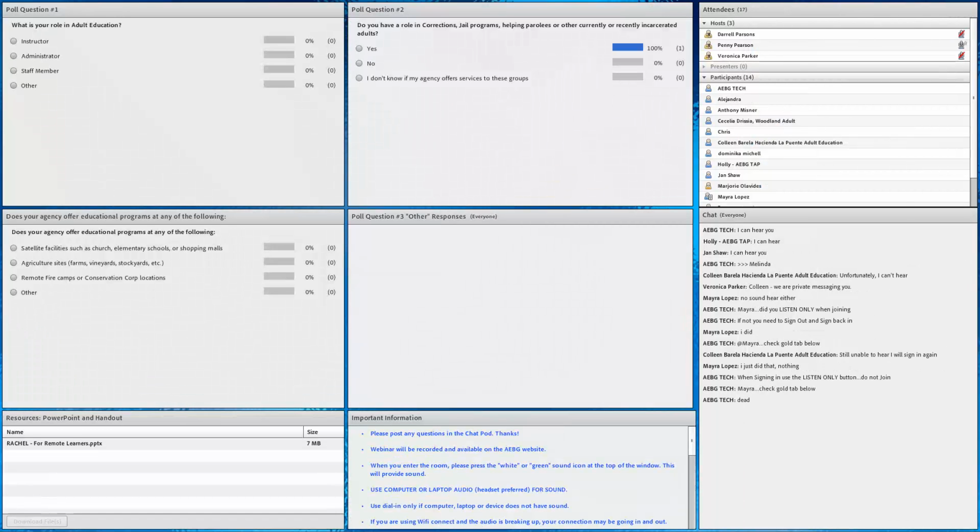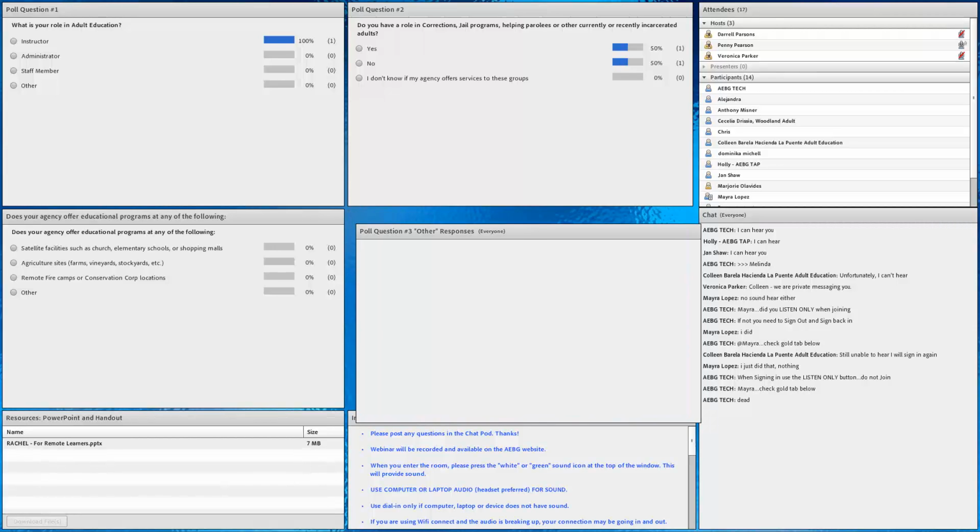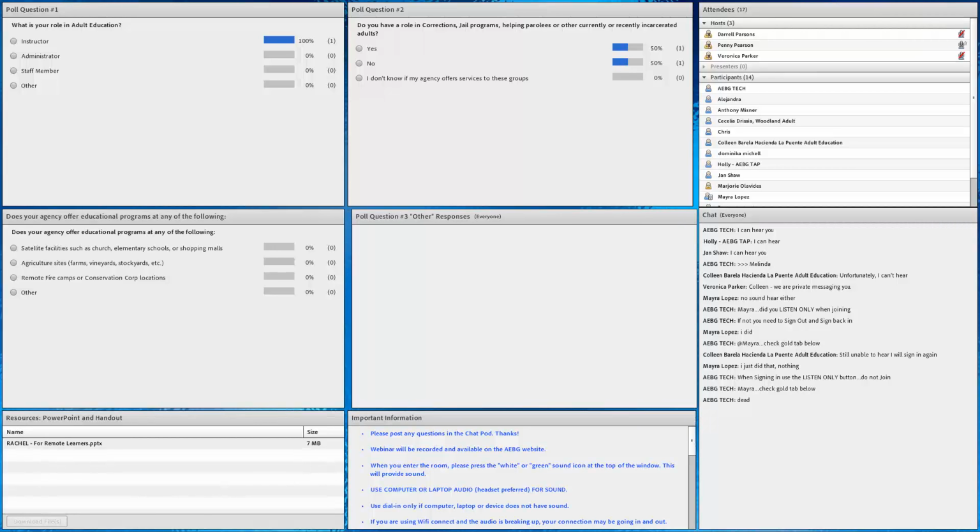There are 4 pods on the screen. You'll see them labeled. I'm going to move one just so I can wiggle it a little bit here. I'll move one that's not in use yet, but they're down here. We've got 3 questions, and the 4th little box here is for you to provide an answer to the other answer for poll question number 3. So I'm really trying to get an idea of who you are, what's your role in adult education, and then we'll have another page here in just a moment. So I'm going to pause for a second, let you read through these and make your answers, please.